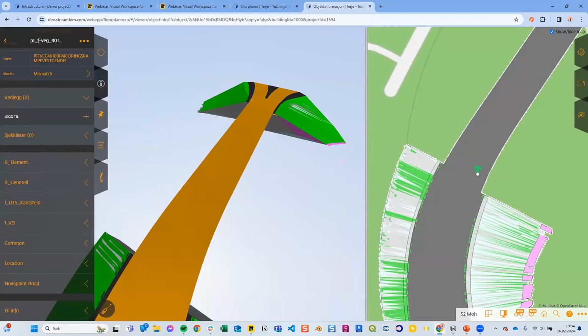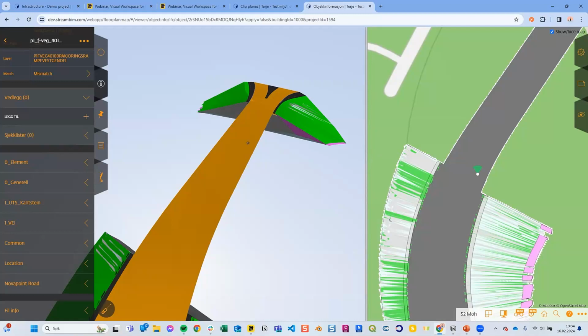To conclude this, I hope that a lot of you have seen the possibilities that you have, and you see the value that our customers are seeing in StreamBeam today, which is that you have an all-in-one solution for your projects.